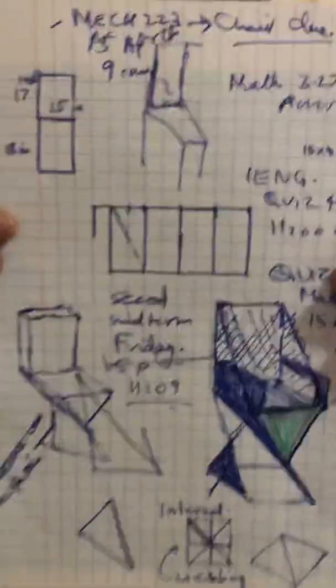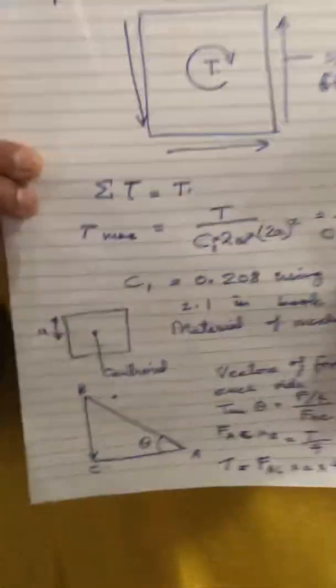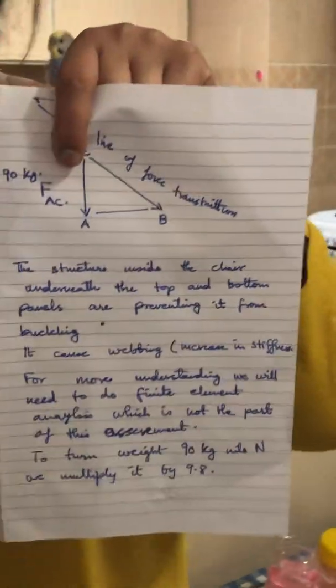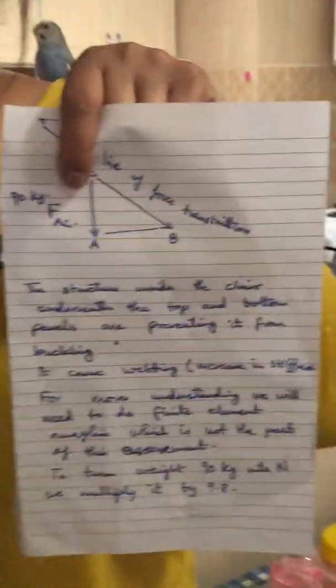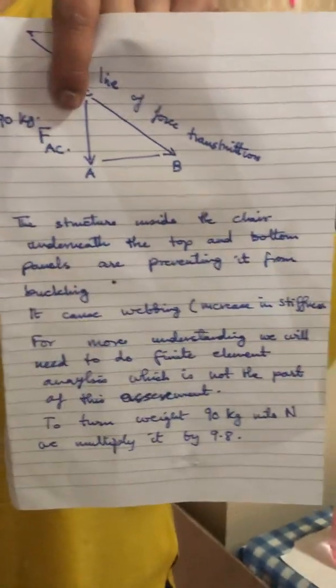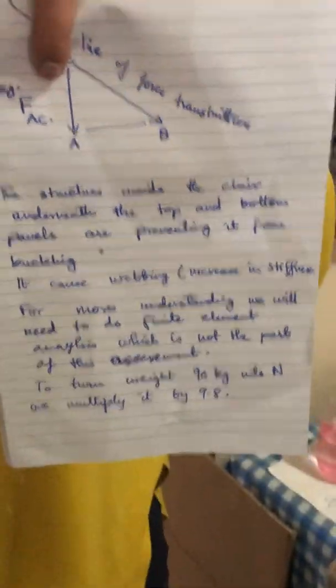Now, this is the design of my chair. Before I started, I drew it. I drew several options, and then I worked out the forces on the chair. There is the equation of torque. I had to work out maximum torque. Once I worked that out, the equation, I could now figure out how to design my chair and where the center should be, the origin of my panels. And once I folded them